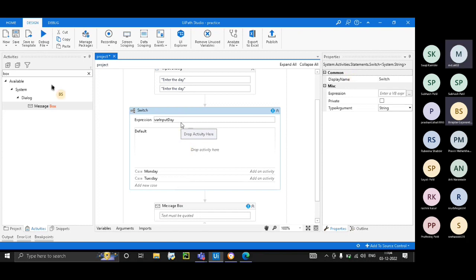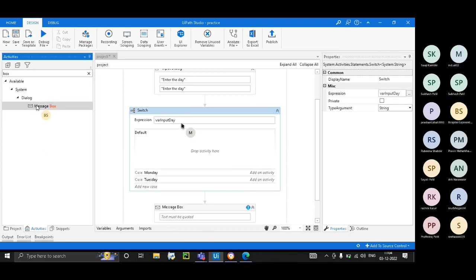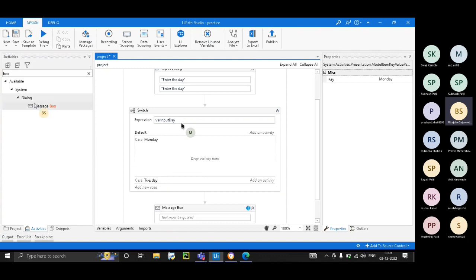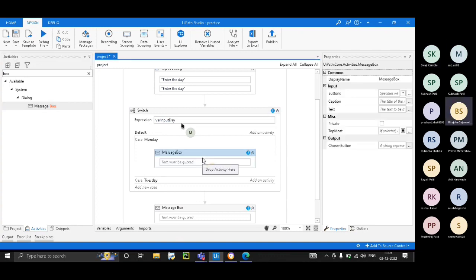Now what you have to do? Let me tell you. You have to left click on this, then just drag this message box normally until your arrow comes into this drop activity. Sorry, its default is opening. Let me open Monday first, then we can do that. Just click on Monday and click this message box. Left click, put the mouse on that message box, and drag till your arrow comes into this drop activity. As it comes, just remove your control,